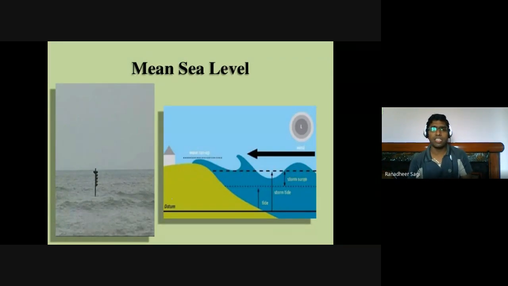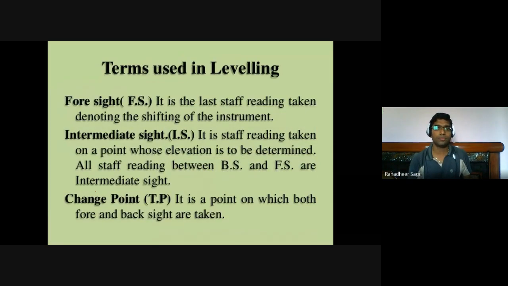Mean sea level is what we are referring to. You will have devices like this. If you can see, you have a pole marked with respect to the position of the tide. So you will be able to understand every hourly data. Every hour you will see where the position of your sea level tide is, and all that data is collected every hour, in that day, in that month, in that year, likewise for 19 years. The average of all this data is what we consider as the level of the sea, which we call the mean sea level.